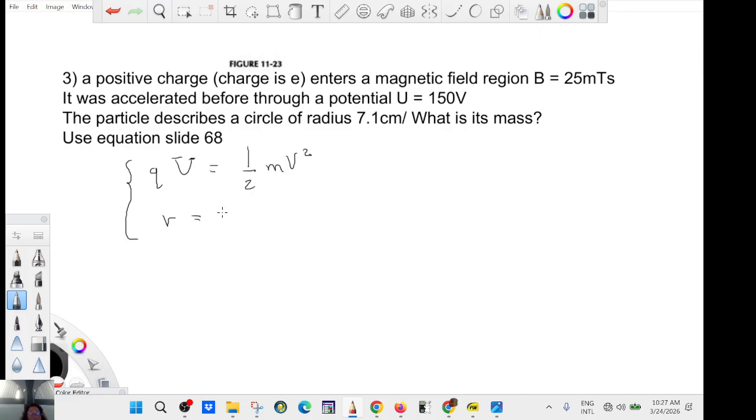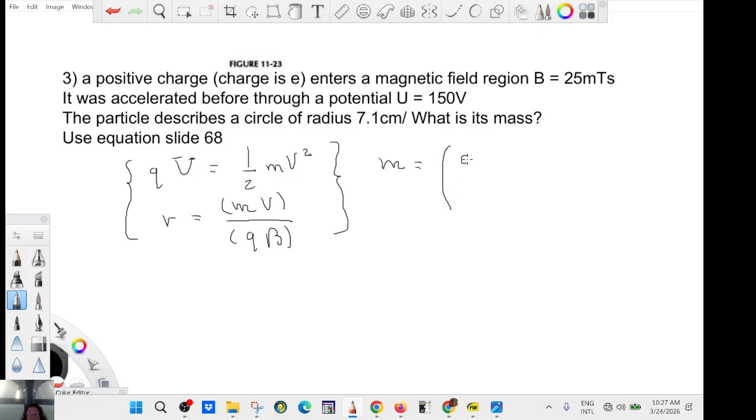A charged particle in a magnetic field depends on the momentum: larger momentum, harder it is to curve. And it's inversely proportional to QB. Then you massage the equations, and you get that the mass is